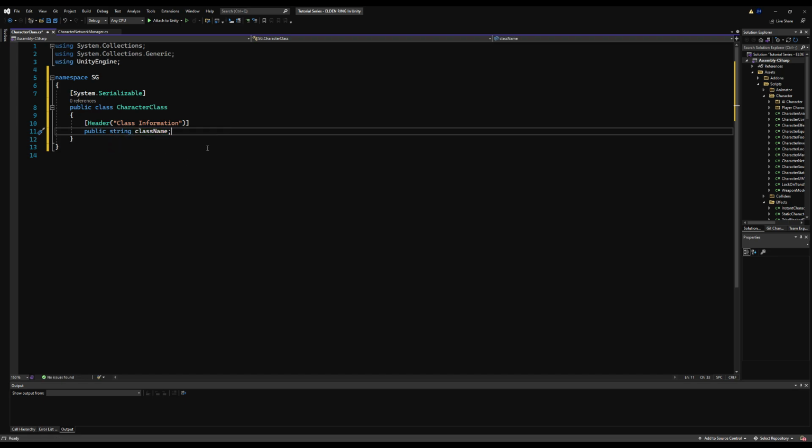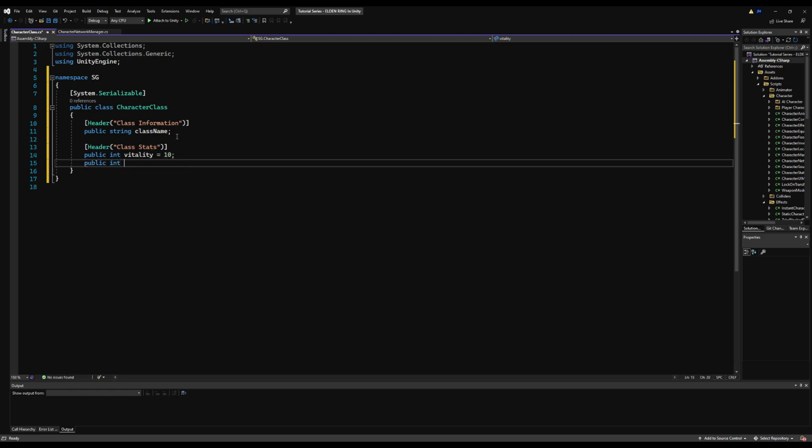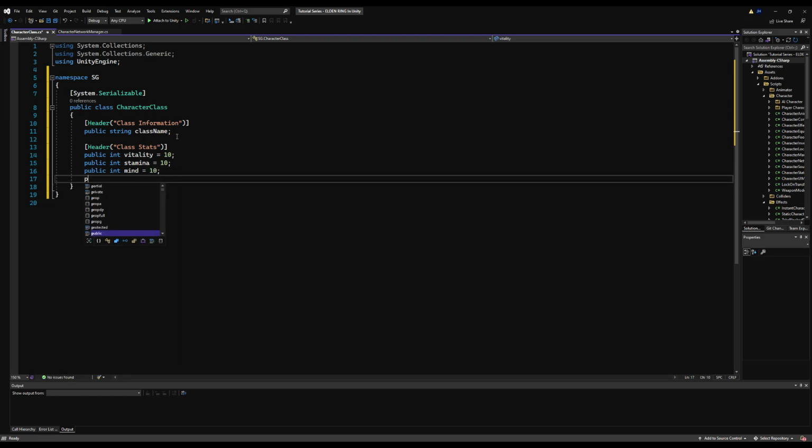So public string className, that will be basically serving 2 reasons. If you just want to make the list auto-populate and have the buttons of different classes generate using this list, you could change the button text field to the class name, or you could just have it as an identifier if you're just setting up manually like I'm going to do. But if you want to auto-generate your class buttons, a class name would be good to just actually assign the button name. So class stats, I'm going to have vitality, stamina, mind, just basically all the stuff that we have